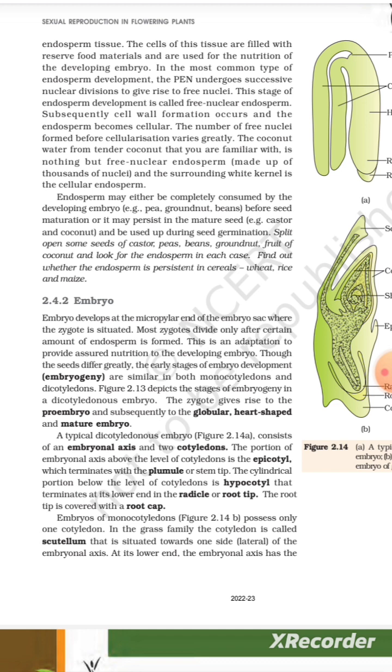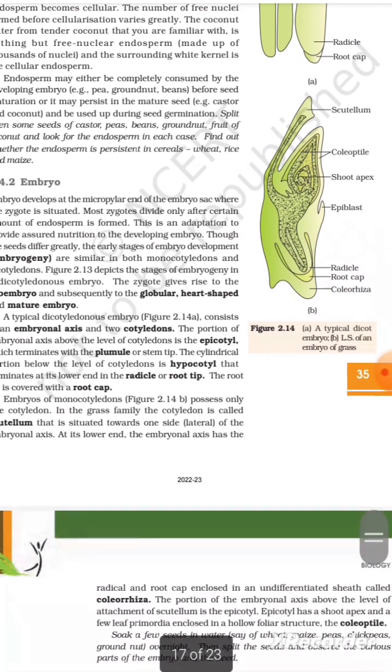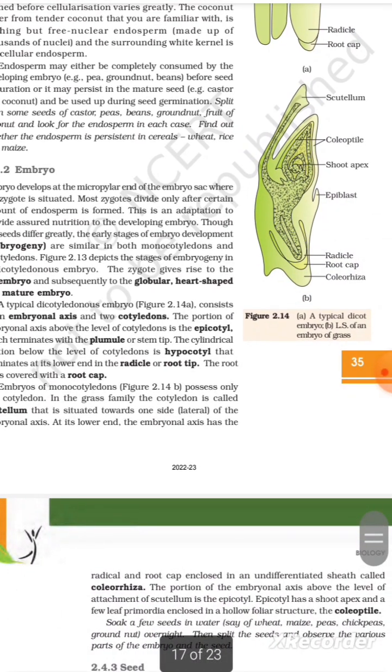Embryo of monocotyledons, Figure 2.14b, possesses only one cotyledon. In the grass family, the cotyledon is called scutellum, that is situated towards one side (lateral) of the embryonal axis at its lower end. The embryonal axis has the radicle and root cap enclosed in an undifferentiated sheath called coleorhiza. The portion of the embryonal axis above the level of attachment of scutellum is the epicotyl. Epicotyl has a shoot apex and a few leaf primordia enclosed in a hollow foliar structure, the